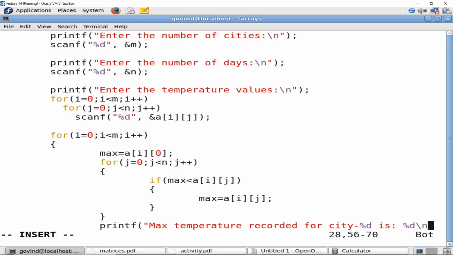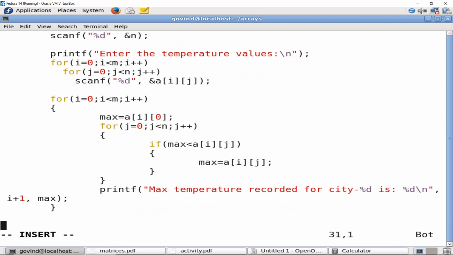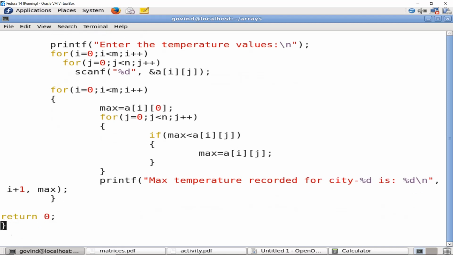The first percentage d is i plus 1 because I don't want to print the index value, I want to print the city number, and the second one is max. This is the end of the outermost loop. Return 0, come out, compile this.